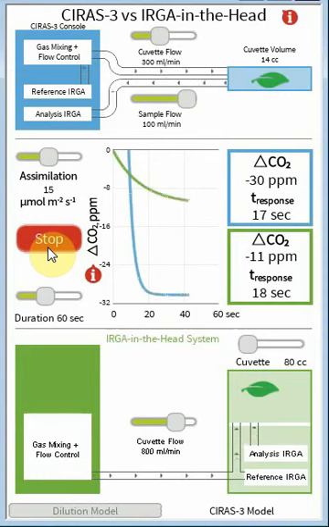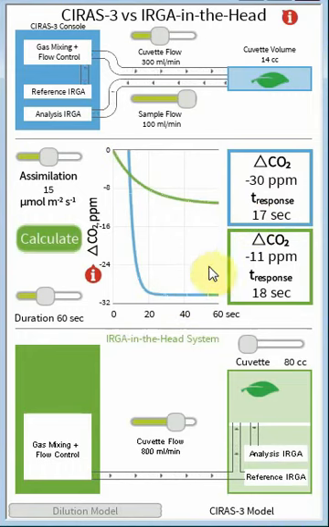The green curve, because we're diluting with so much more chamber flow, the delta CO2 is much, much less. So where the Cyrus 3 design gives you a delta CO2 of 30 ppm and a time response less than 20 seconds,